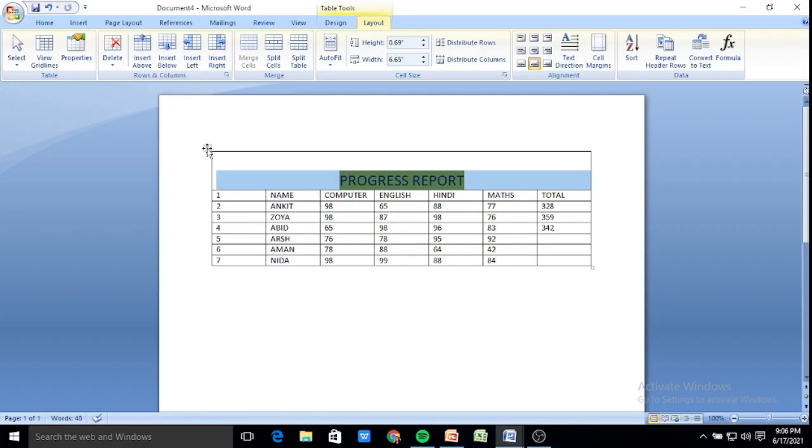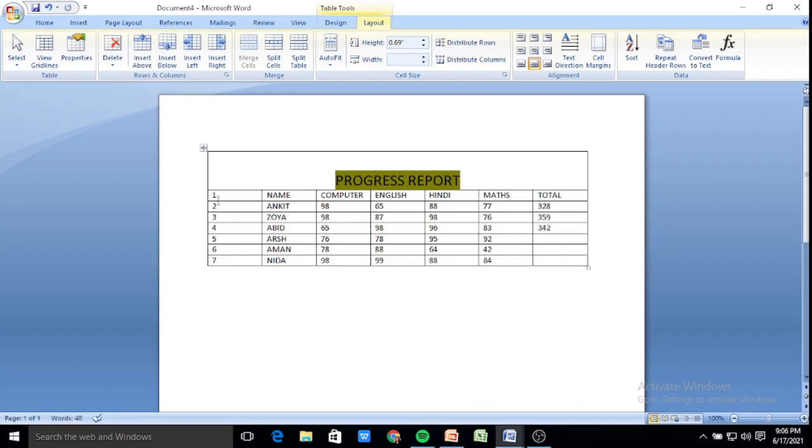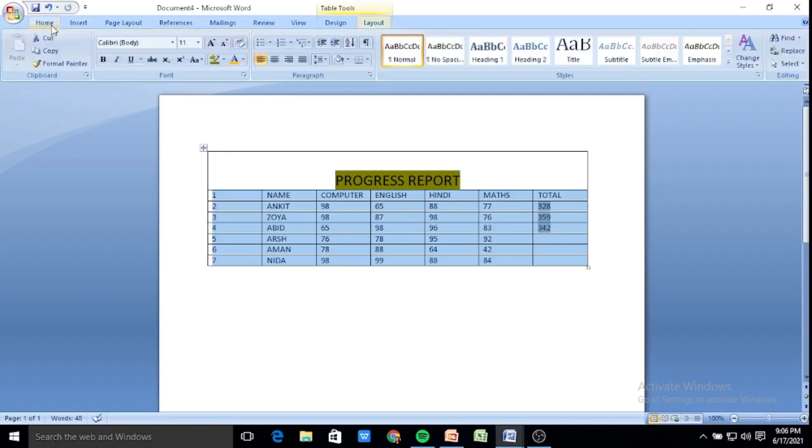Children, you can see here this 4-headed arrow, it is used to move your entire table. We had to study about the movement of a table on the screen. So this way we can move the table. Let me increase the font size for you. I'm selecting this and I will increase the font size.